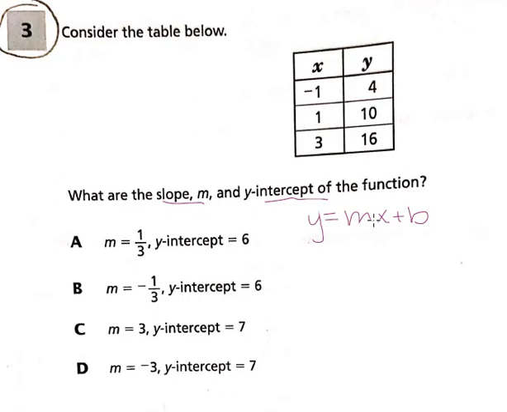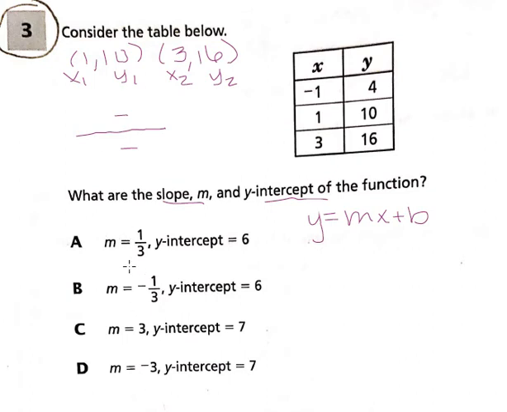Well, I know that I can find a slope if I have two ordered pairs. Looking at the table, I have three ordered pairs. So I'm going to pick my positive values. I'm going to take (1, 10) and I'm going to take (3, 16) and I'm going to label them x1, y1, x2, y2. So I'm going to set up my slope equation here,